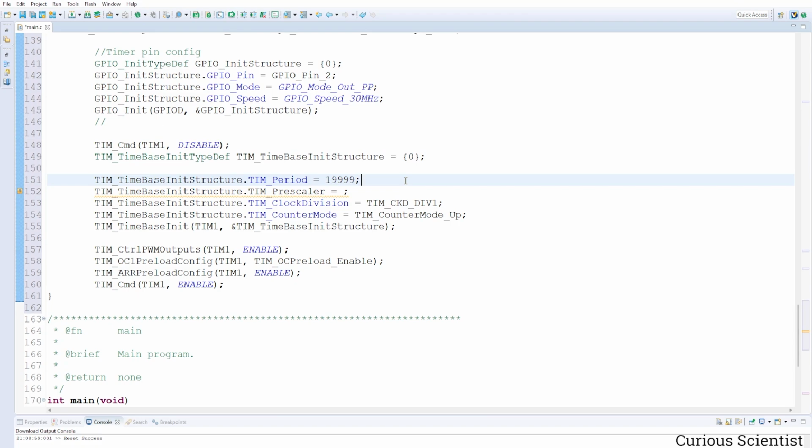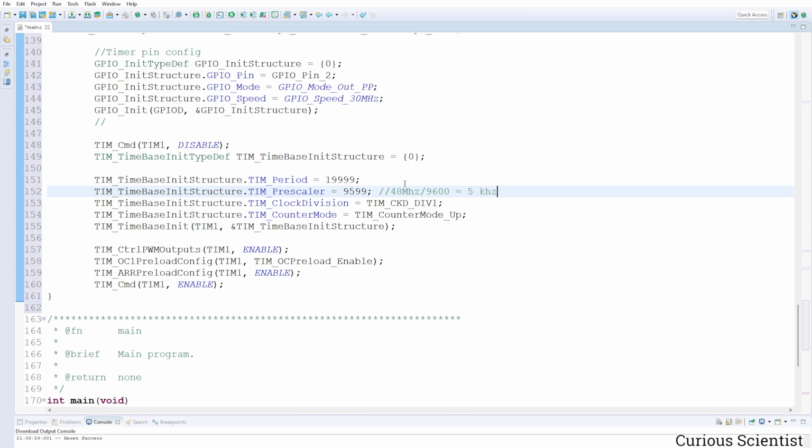And here the period is not really relevant, because I will never actually want the counter to go beyond this value. But I just want to have a reasonably high value for the period. What is more important here is to declare a proper prescaler value. So I'm going to divide 48 million, so 48 megahertz, by 9,600, so 9599. And why I do that is the following: if I divide 48 megahertz by 9600, then I get actually